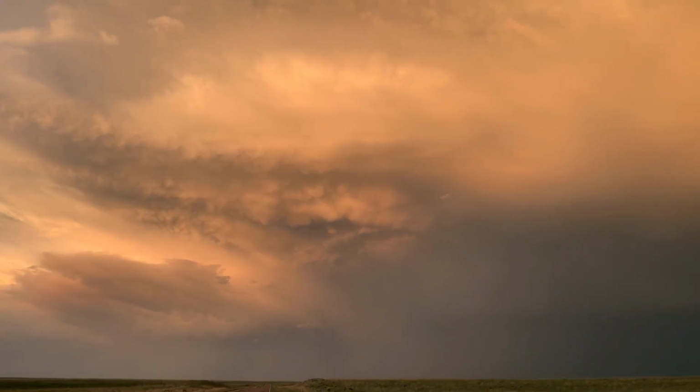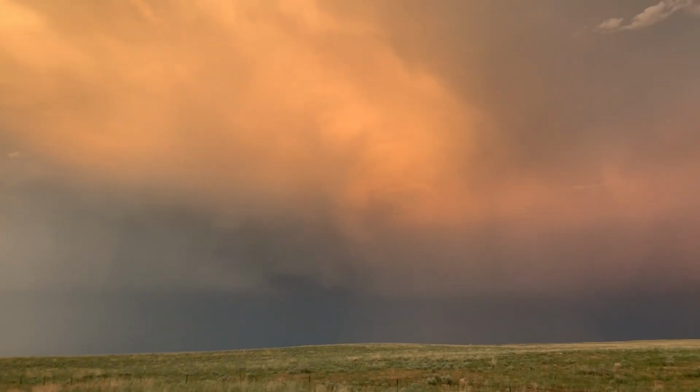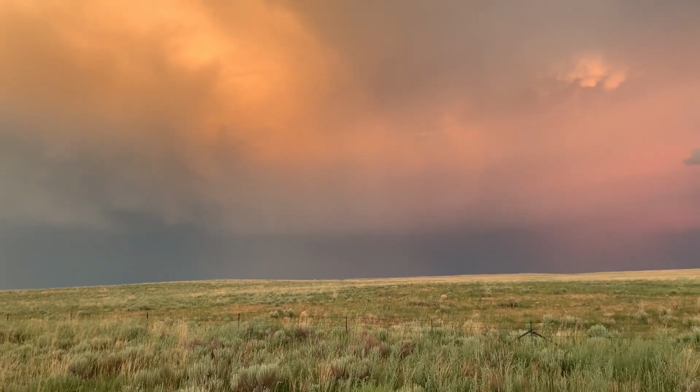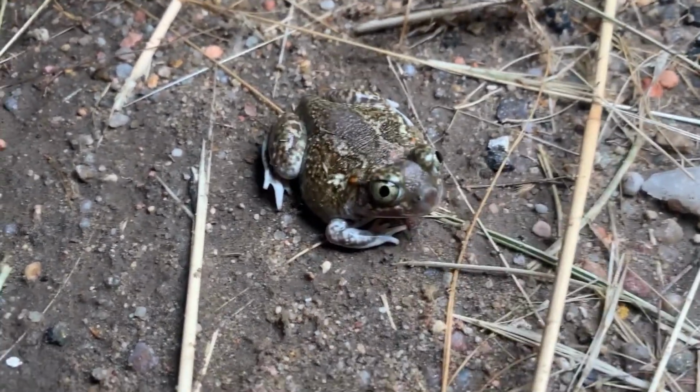It's an unbelievable experience watching one of these massive, massive, massive thunderstorms move over the Great Plains like this. Look at all that lightning going on back there. That's absolutely unbelievable. First toad of the night is this beautiful, beautiful